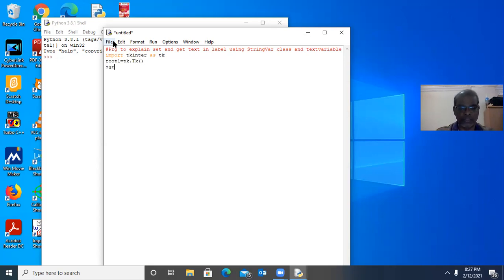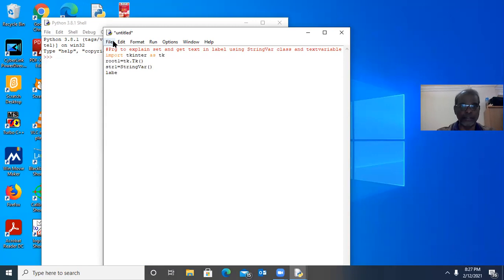Here I must create one string variable, str1 equal to StringVar(). So StringVar is one class. str1 you may call as an object or variable which is created under StringVar. So the str1 is now an empty string, it does not have anything.